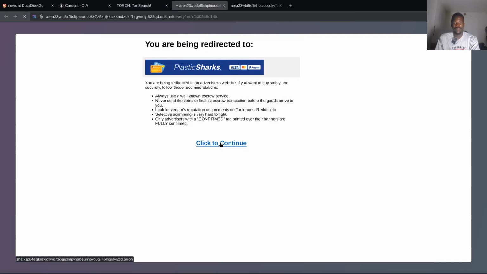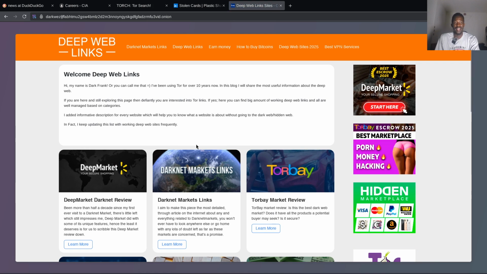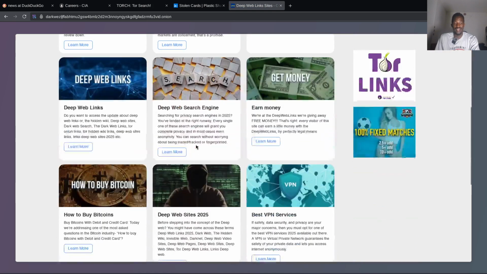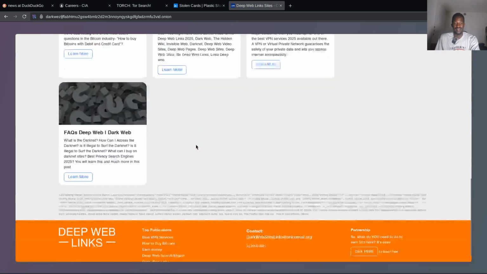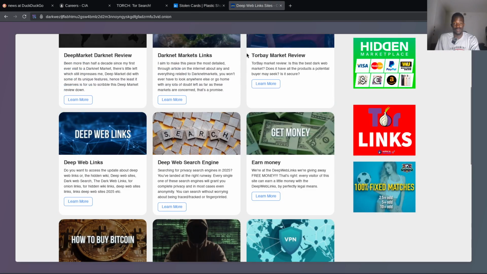So you continue, and then what happens, you might get a credit card holding 700 USD for $70 and such. So let's open the deep web link. This is just open. We are not going to surf across the deep web, or get deep into the deep web. Just looking at it, you can see there are various sites and things here. Next time we'll be looking at them.